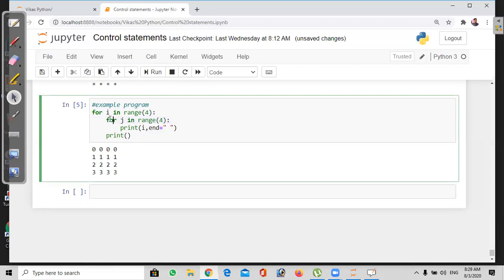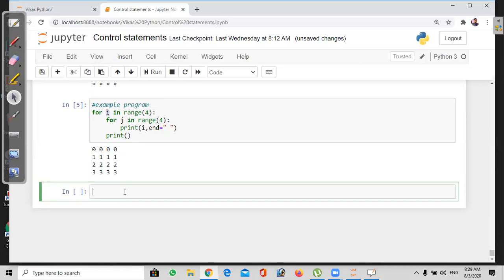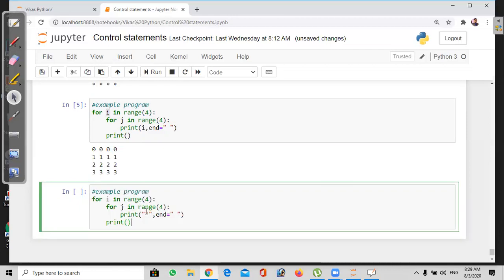When the inner for loop fails, then we increase the value of the outer for loop. When it is printing z equal to 0, 1, 2, 3 and reaches 3, it fails. Only then will i be increased again. So the next value, I just pasted here.